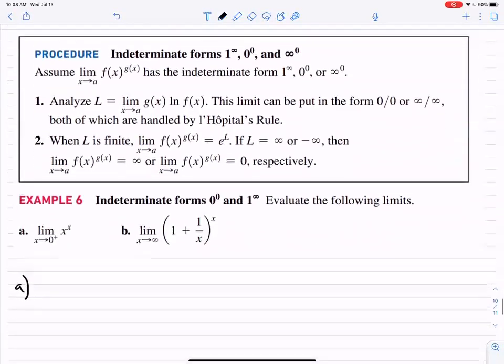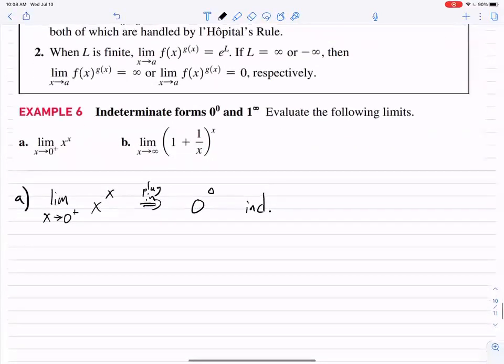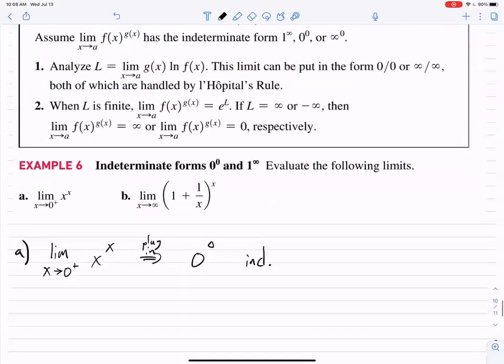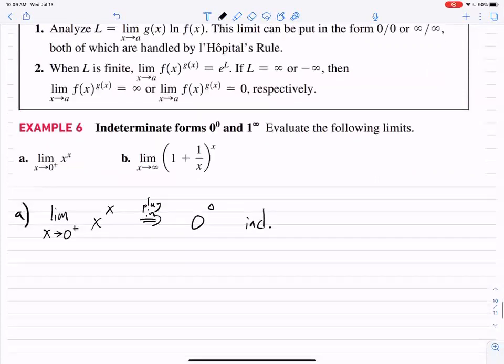And so let's do an example. The limit as x approaches 0 from the right of x raised to the x. If you try to plug in, what happens is you get 0 to the 0. This is indeterminate. And so what we're going to do is instead look at this limit. So analyze, look at